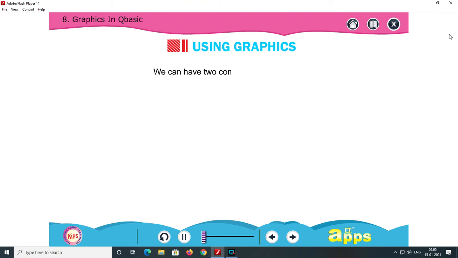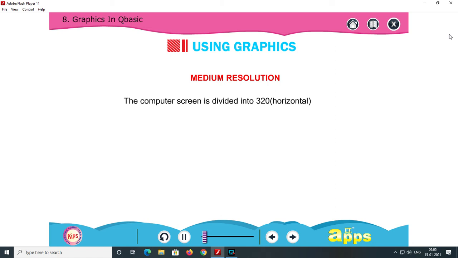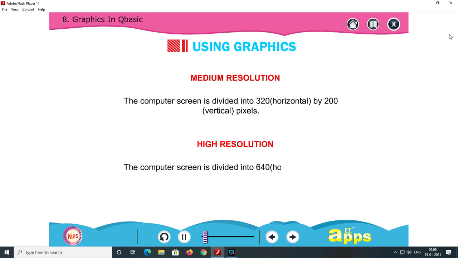We can have two common modes of display, medium resolution and high resolution. In medium resolution, the computer screen is divided into 320 horizontal by 200 vertical pixels. And in high resolution, it is divided into 640 horizontal by 200 vertical pixels.